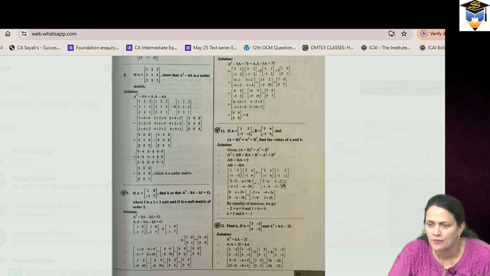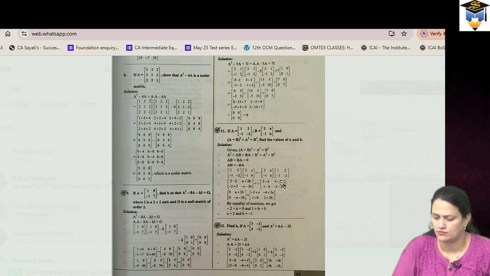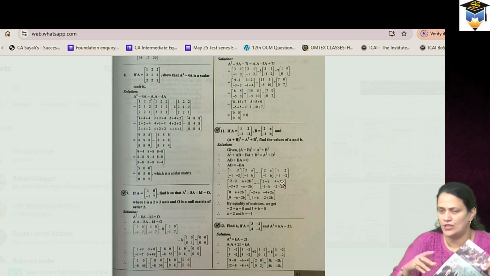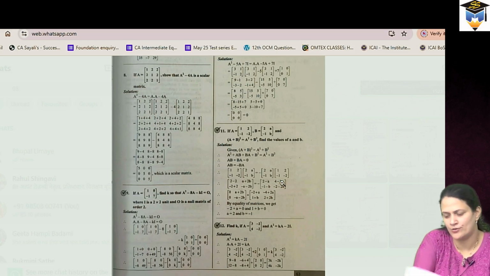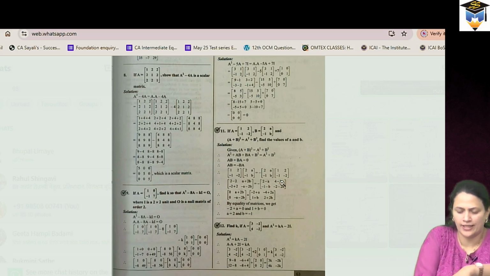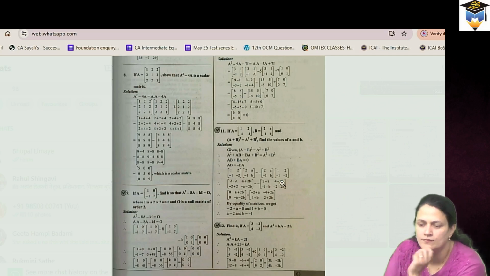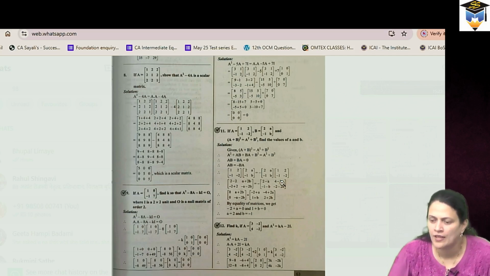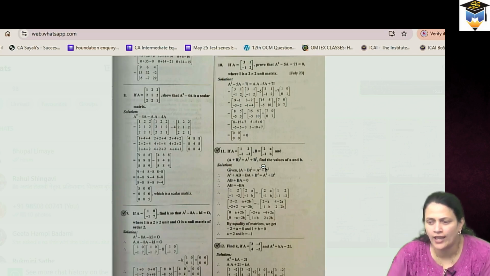Yes, but see here, can you see it over here? You can take the book so that it becomes easier for you to see. Question number 8. You can take the book with you. It's okay. So in question number 8, if you see, a square minus 4a is a scalar that you have to show. So after you find out what is a square minus 4a, what you can do is,